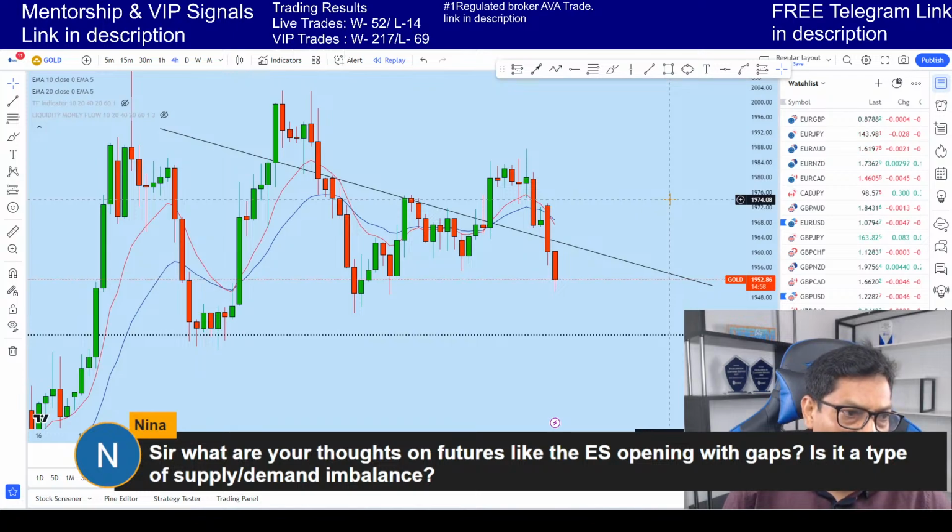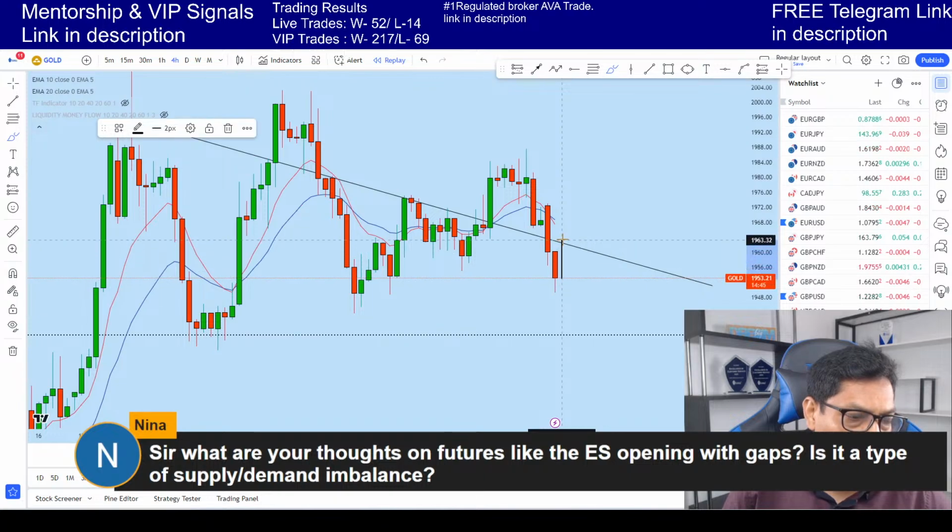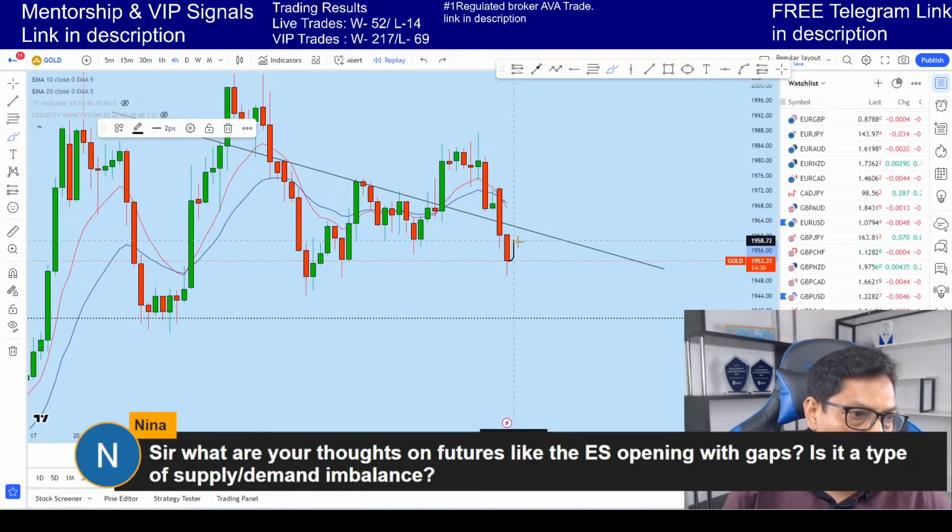For me to find an entry with very high probability after the closing of this candle, I would expect gold to have an upside movement, break at least this high, and then test this resistance here as a resistance. Without going up for a pullback, I will not be